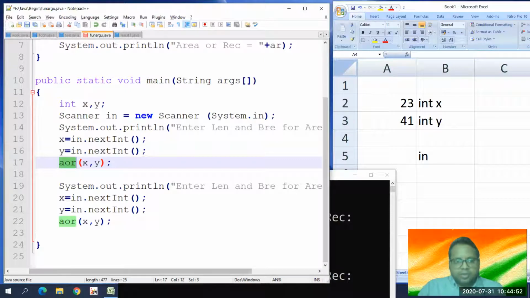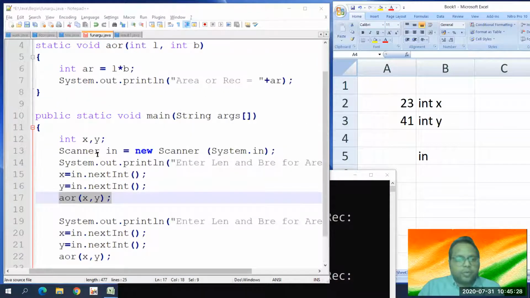And when this function is called, and this function is designed to accept two arguments, we have to provide two arguments. It's not optional, like you can give or not give. You will have to give. What kind of data do we have to give? int type data, and yes, x and y are int type data. So when we write something like this, we are passing the value. What is the value of x? 23. And what is the value of y? 41.